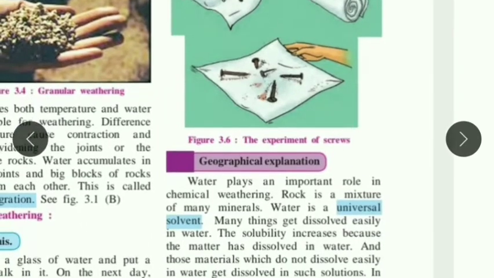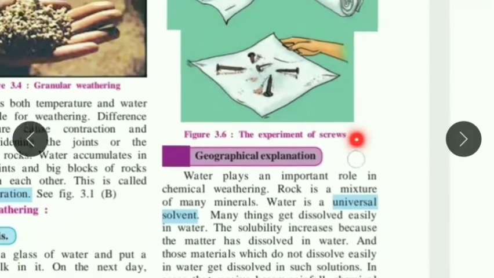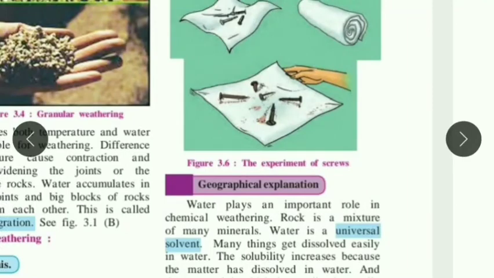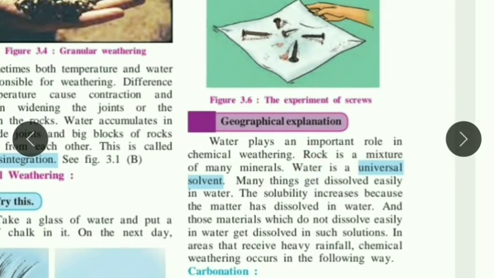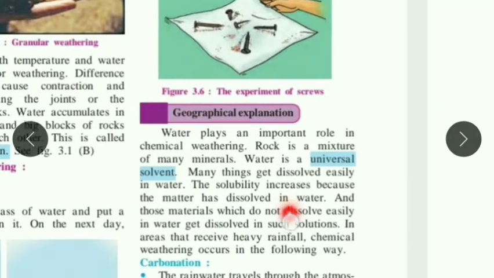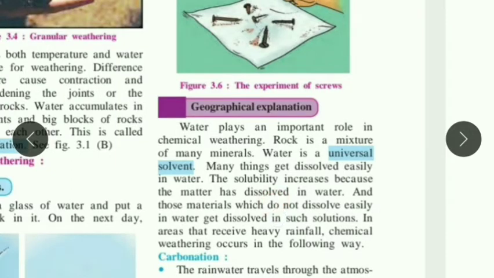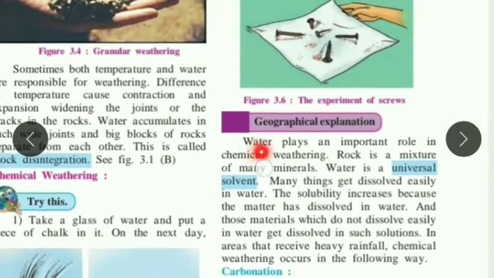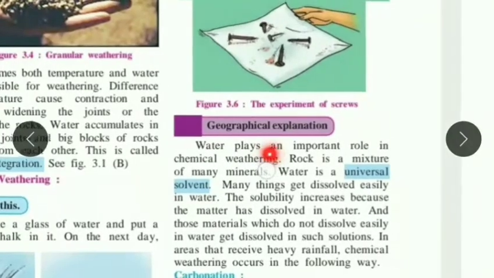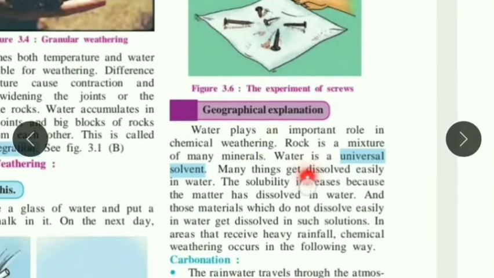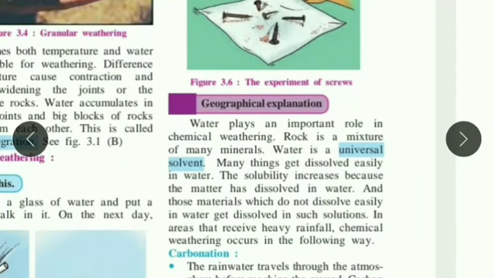The reason behind this is chemical weathering. Now what kind of chemical weathering happens here? This is one more question. Here the chemical weathering that happened is oxidation. We can see here that water plays an important role in chemical weathering. In the previous video we have seen that in humid regions, where the rainfall is more, chemical weathering is very prominent.